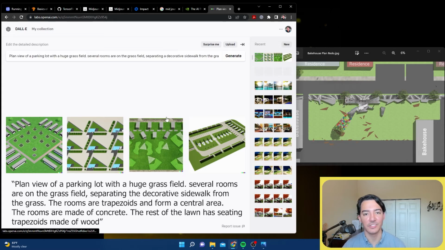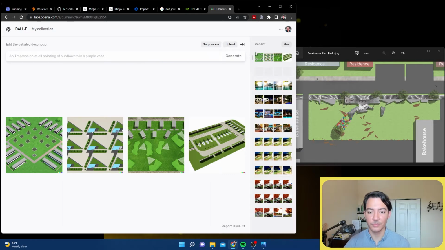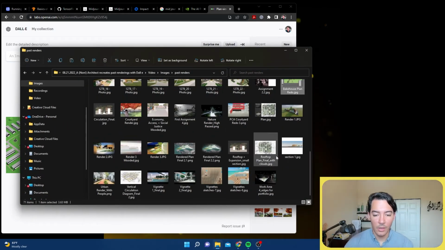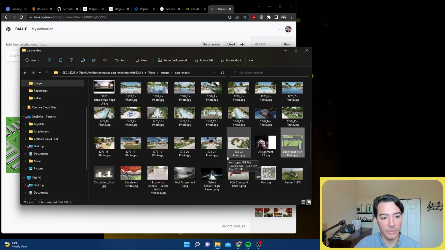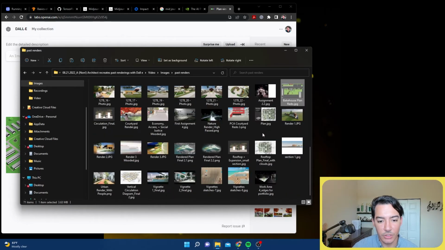Okay, let's try something simpler. Simpler. What would be easier in plan view? Or let's do a section. How about that?